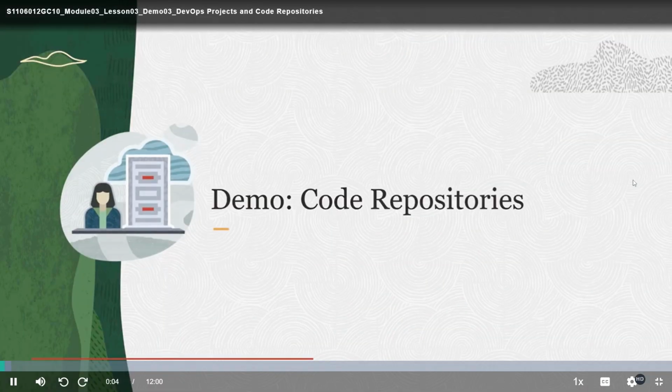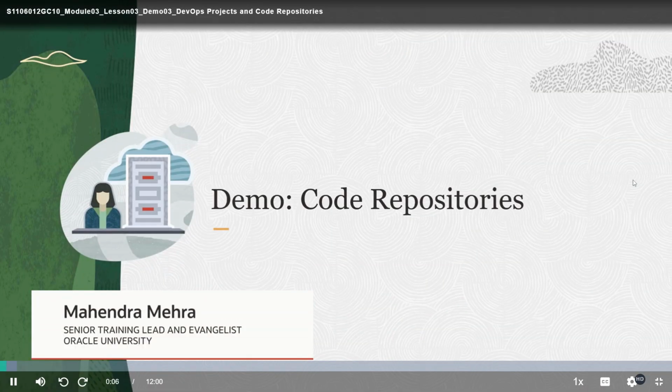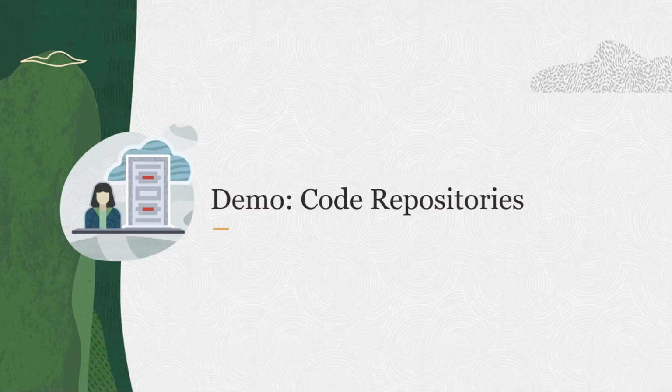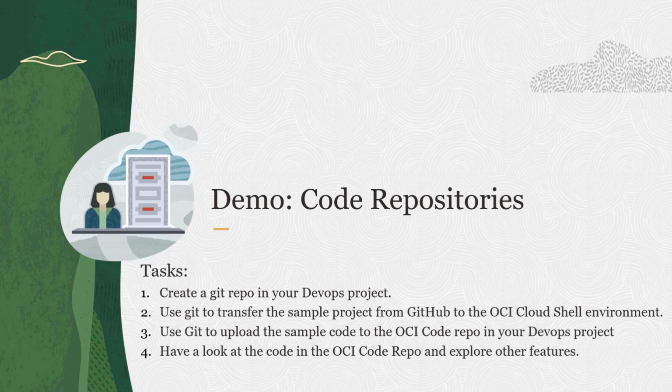Hi, I am Mahendra Mehra, and as part of this demo, I'll be showing you how to configure a code repository within your DevOps project. For this demo, we have 4 tasks to be done. The first task is to create a Git repo in your DevOps project, also called OCI Code Repository. The second task would be to transfer the sample project from your existing GitHub account using Git to the OCI